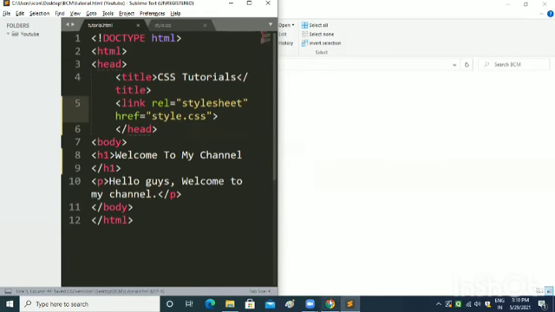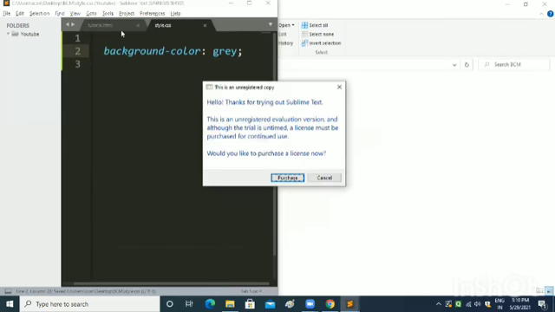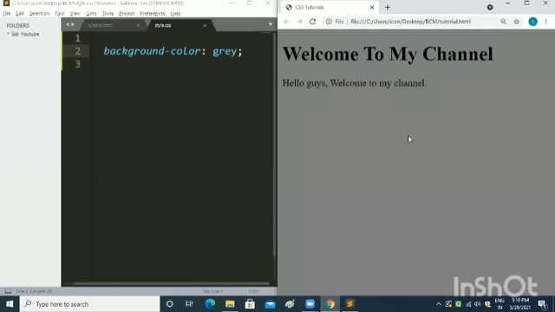So now let's go to the CSS file, and in it I will give this symbol, and after that I will give curly brackets, and in it I will write background-color equals gray. So when I save it and refresh the browser, you can see gray color added to the background.